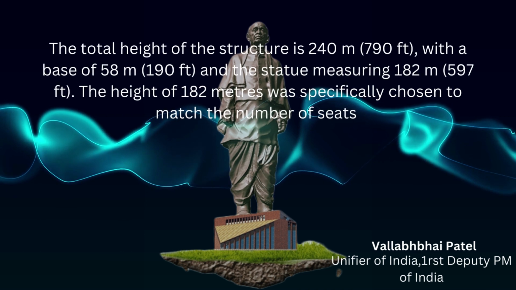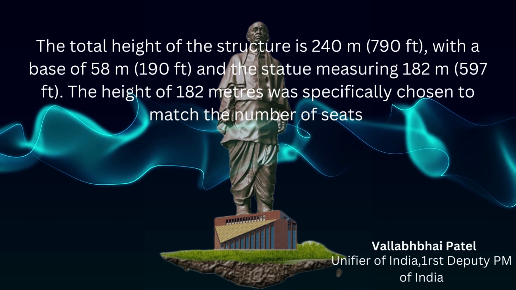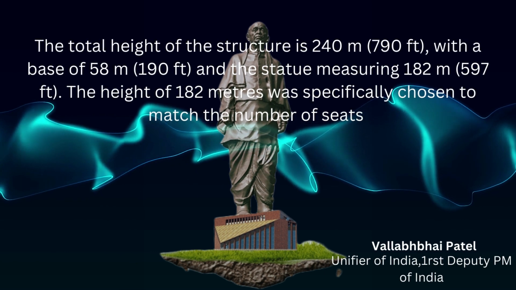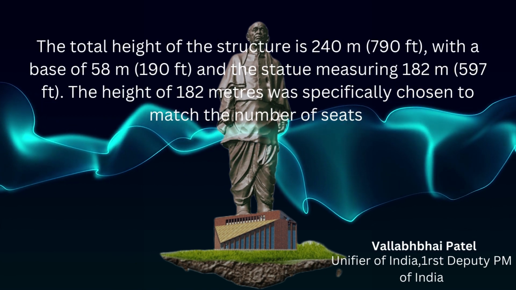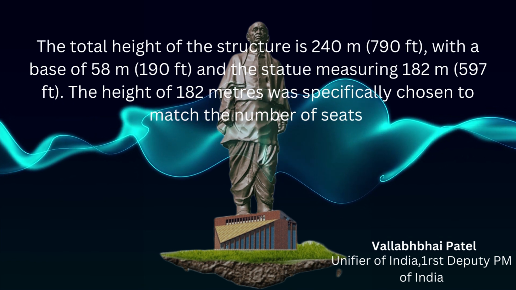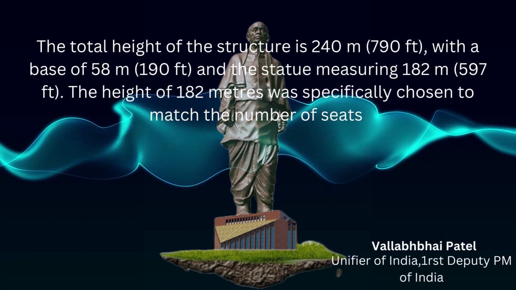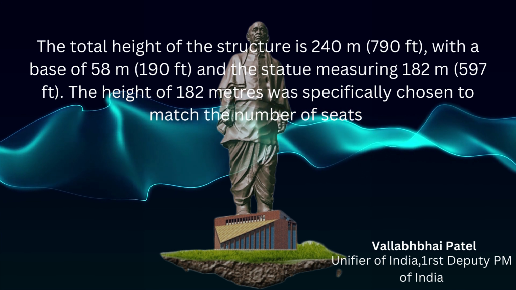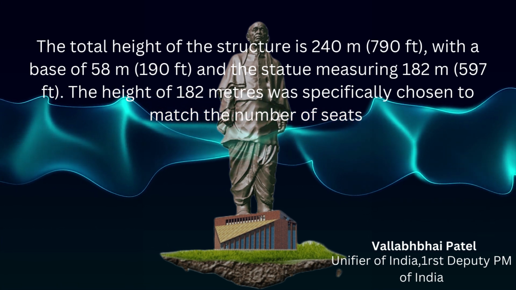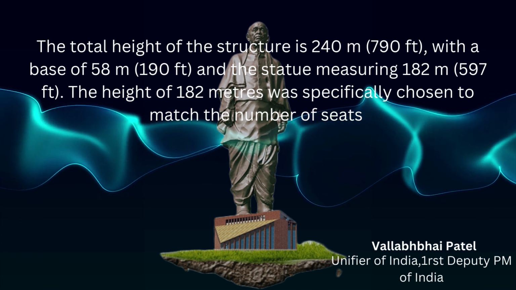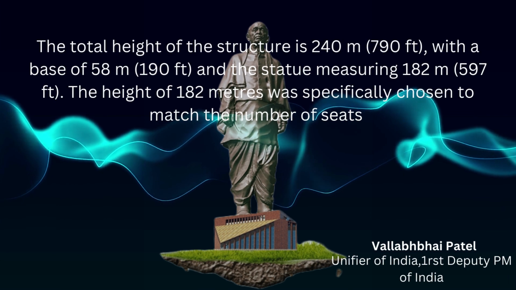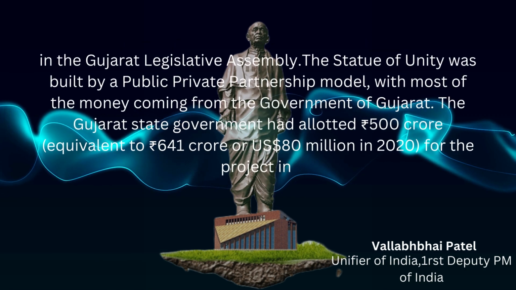The total height of the structure is 240 meters, 790 feet, with a base of 58 meters, 190 feet, and the statue measuring 182 meters, 597 feet. The height of 182 meters was specifically chosen to match the number of seats in the Gujarat